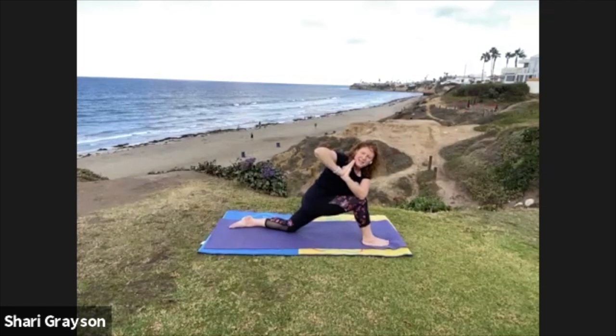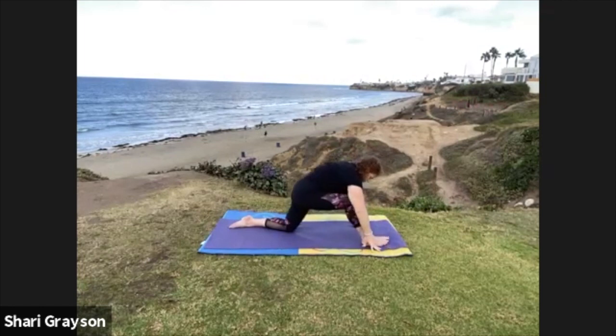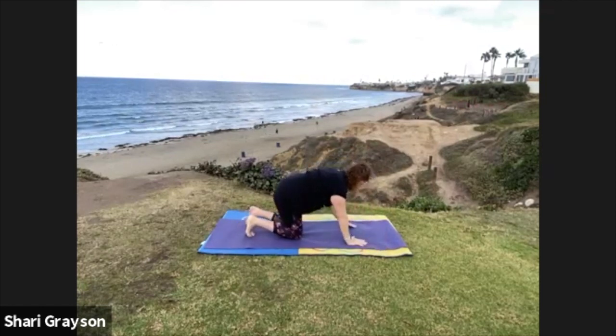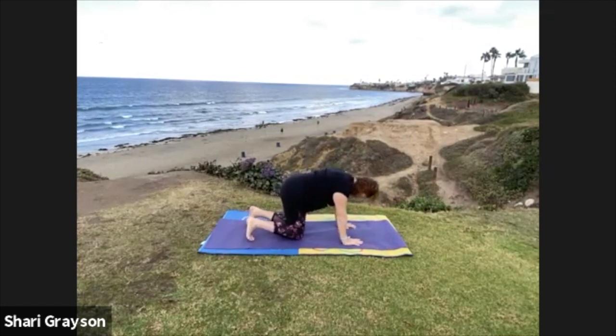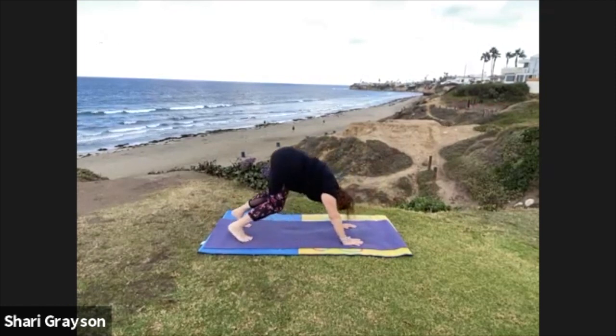One more deep inhale here. And then release that down. Bring the knee back. This time, curl the toes under. We're going to push our way up into downward facing dog. So push into the feet, lift the knees,